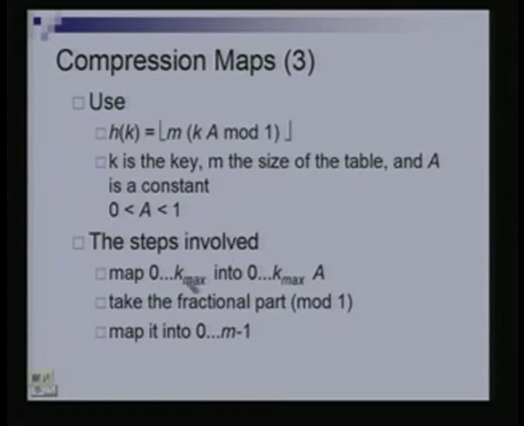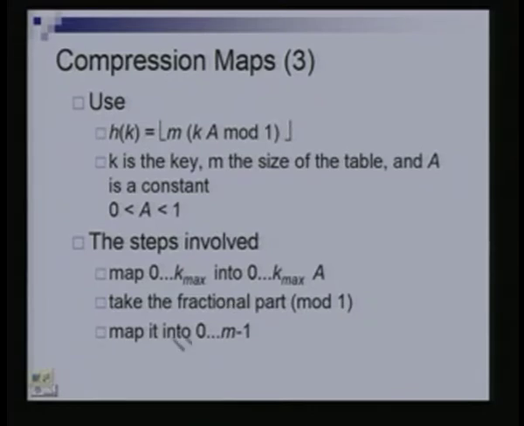First we convert them from this range into a range 0 through k max times a. So essentially we multiply each key with a, where a is some number between 0 and 1. So first we convert it into this range. Now, we take the fractional part of each key. That corresponds to ka mod 1. So we take the fractional part of each key. As a consequence, we get a number between 0 and 1 because we took the fractional part, and